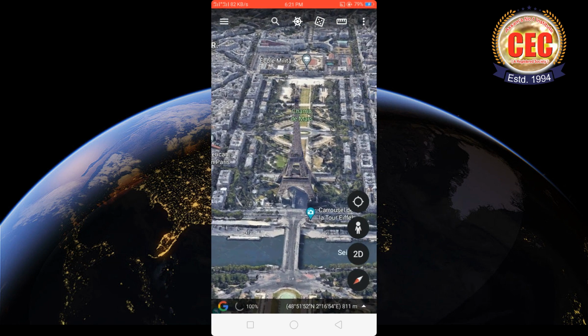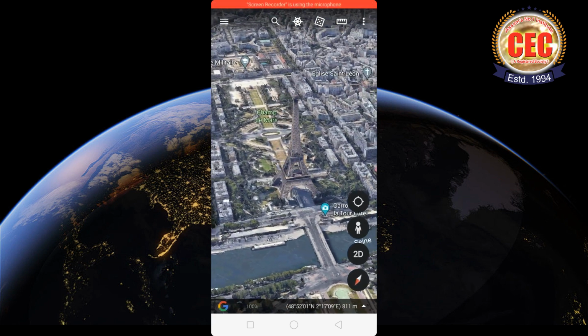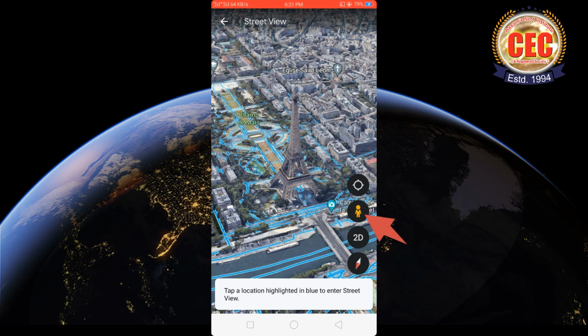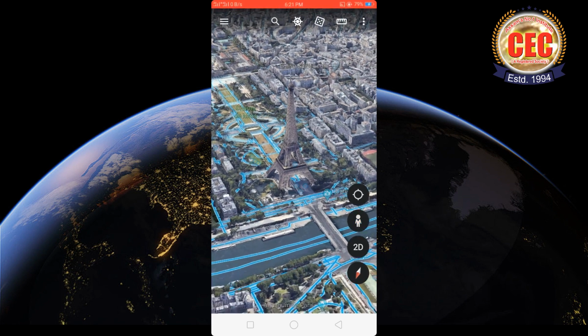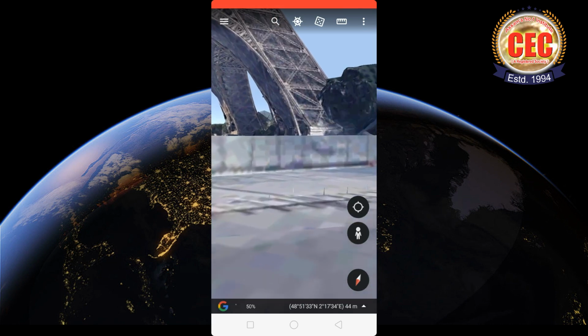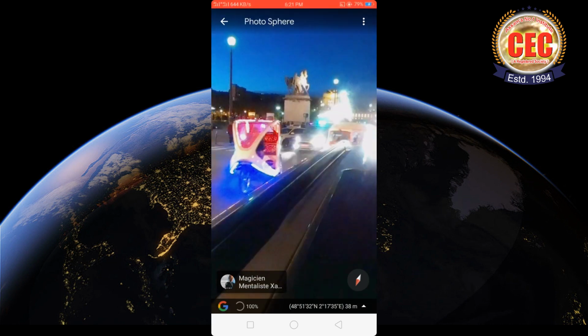Next, for searching different routes, you need to tap on this symbol, and the street views will appear, and you can locate any one of these routes by tapping at any location. It will show you a place here. After this,